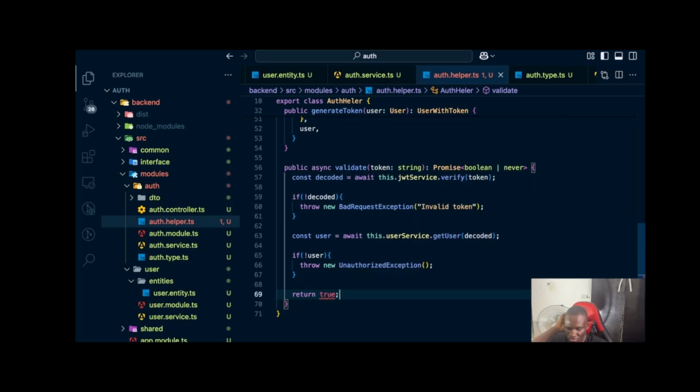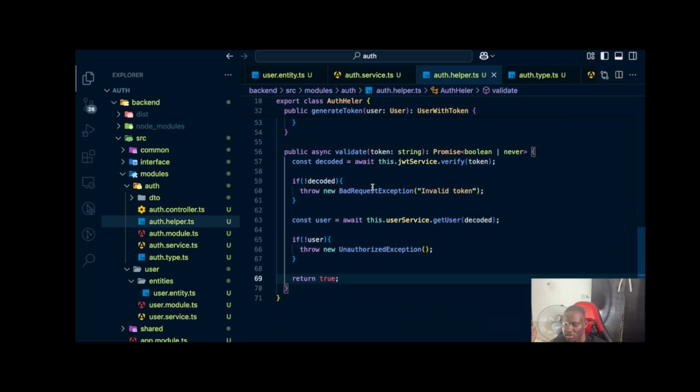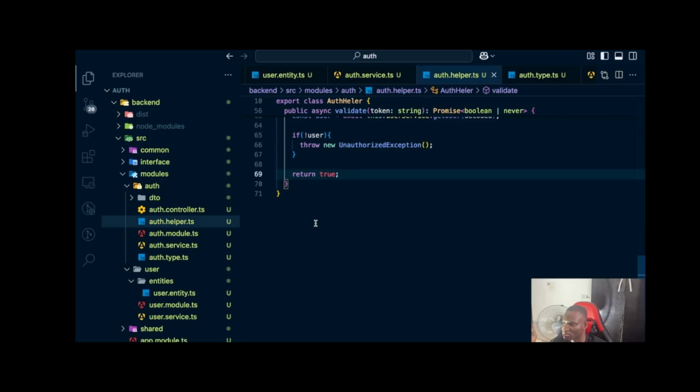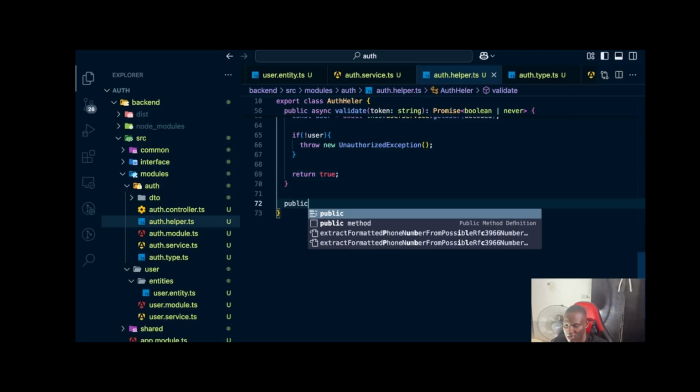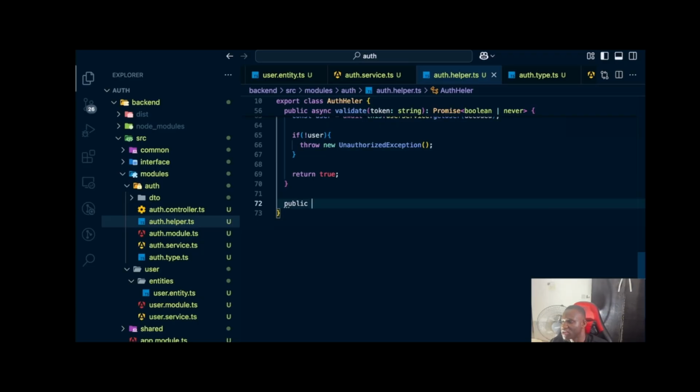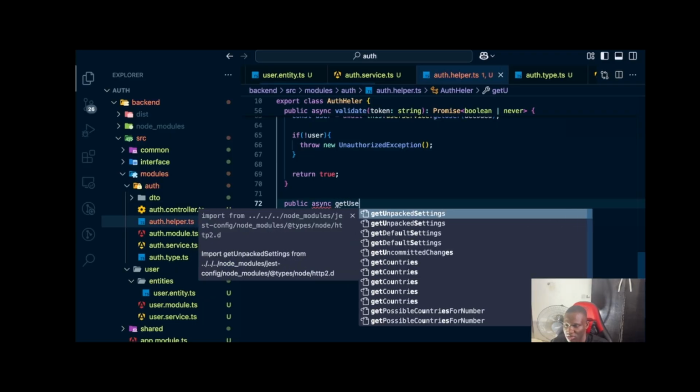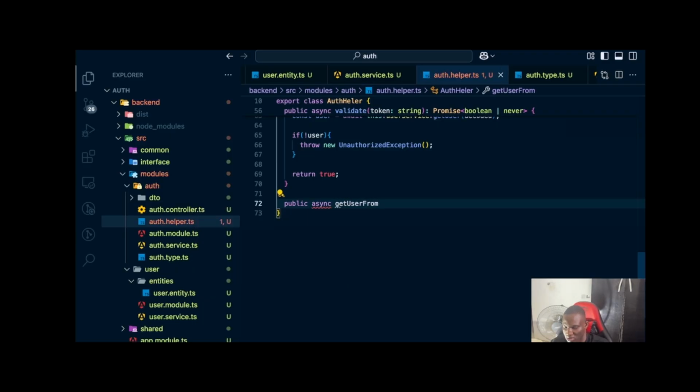So we're validating, we're not returning the user. So that's the validating, and the next function that we need to build right now is to build the ability to retrieve a user from a token. So this will be async get user from token, and right here